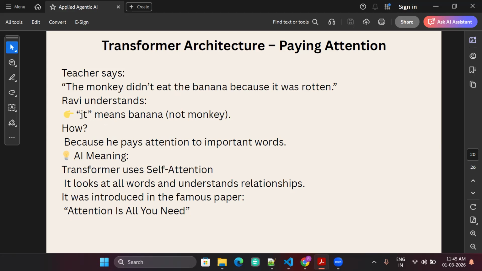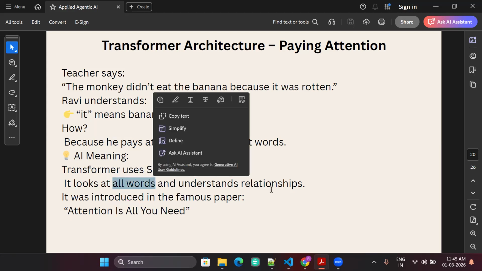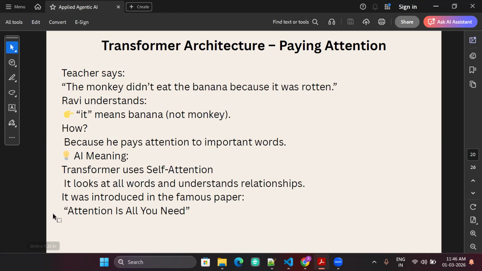Hence when a sentence was spoken, Ravi understood it as a banana, not monkey, because he paid attention to the important words. Same way in the AI world, the transformer architecture uses self-attention, and it looks at all the words and understands the relationships between them. And then this particular concept was introduced in a white paper called "Attention Is All You Need."